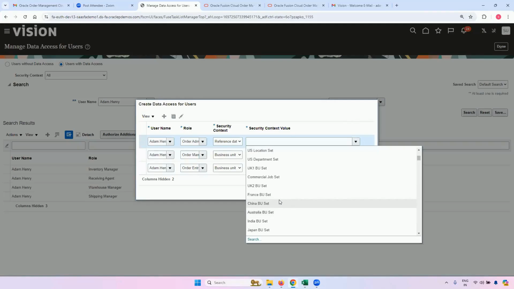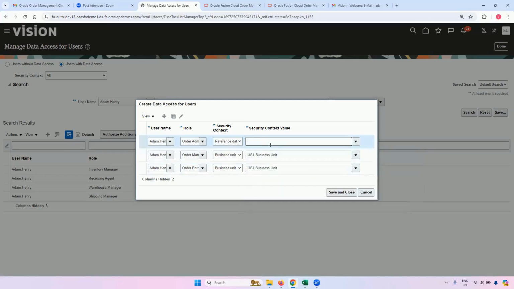And then all the setup tasks under that, the transactional tasks, will not be visible to other people. It will be visible only to those people who have access to that reference data set. So this is again a new security policy which Oracle Fusion has brought in. And only for the order administrator, you need to give him the reference data set access. So I will give him the common set access. Common set is accessible across all the people. This is common.